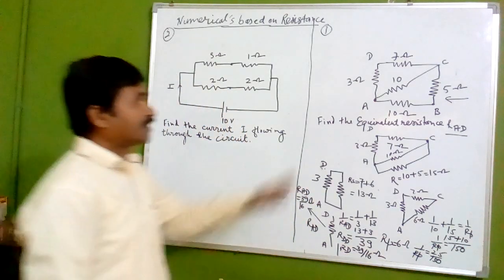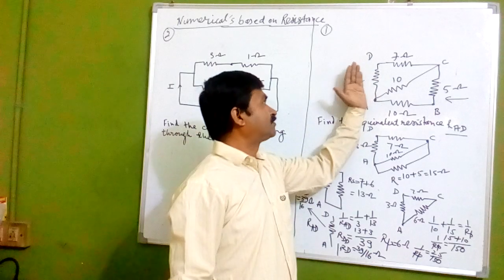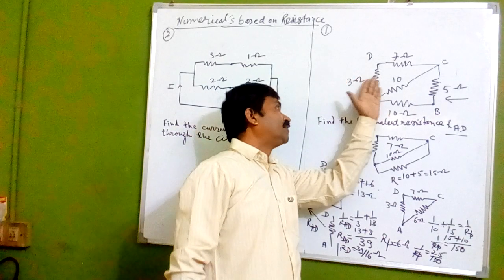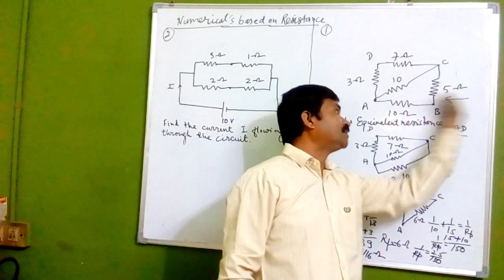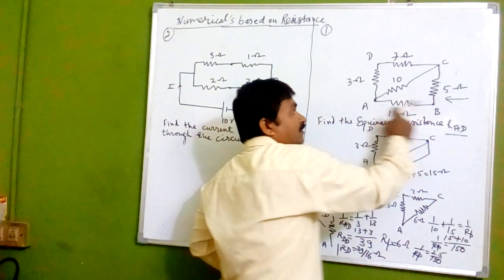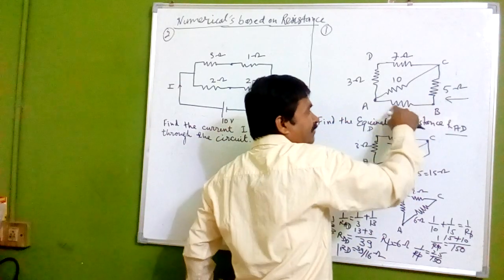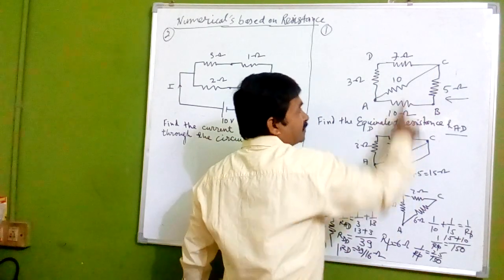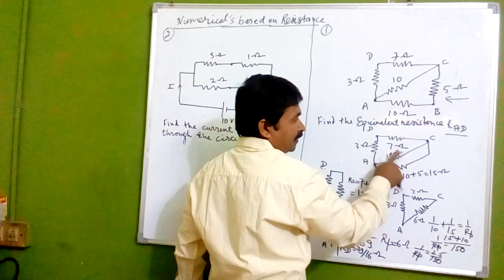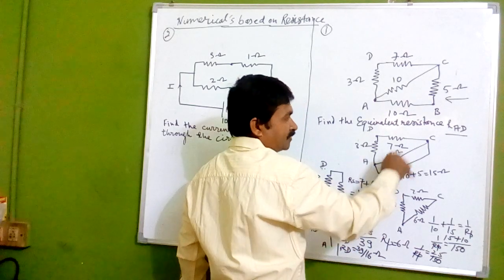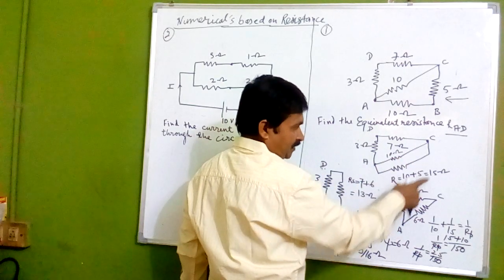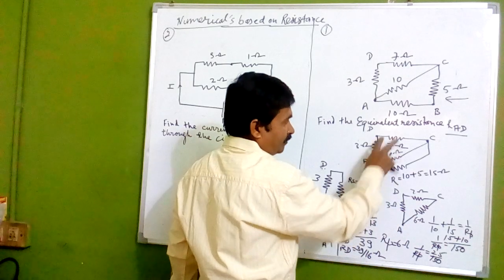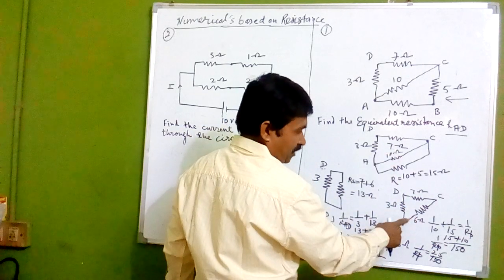Okay. This way we can calculate simply. Here what we have done, we have to calculate the value of RAD. We have to look at it from here, but we have to calculate the question from there. So if you see both are in series, that's why we have taken this series combination, and again now it is in parallel. Now we have taken this parallel and after that we have solved it by this. Finally we come to have the shape like this network.